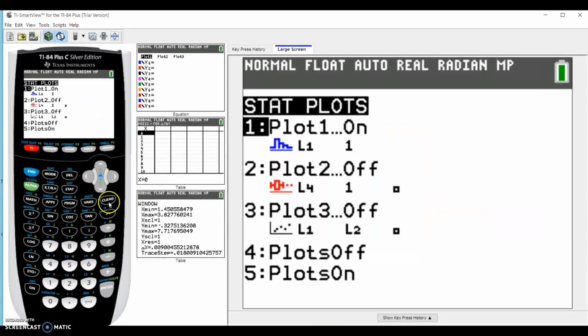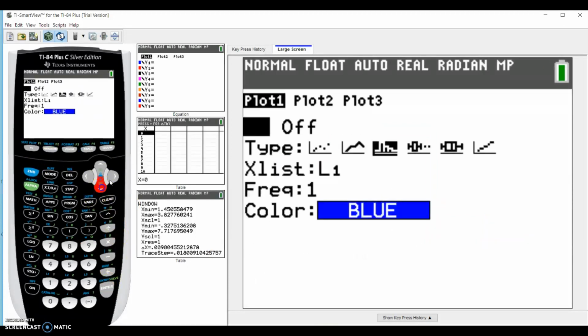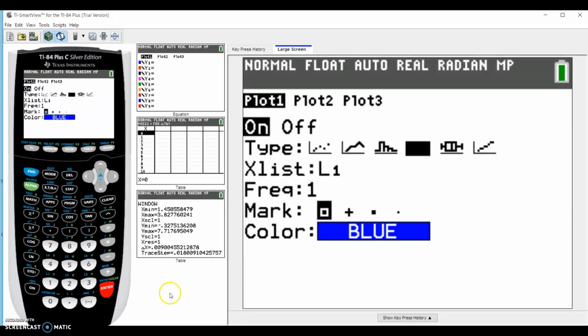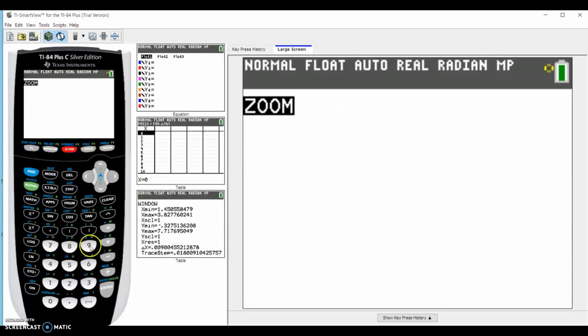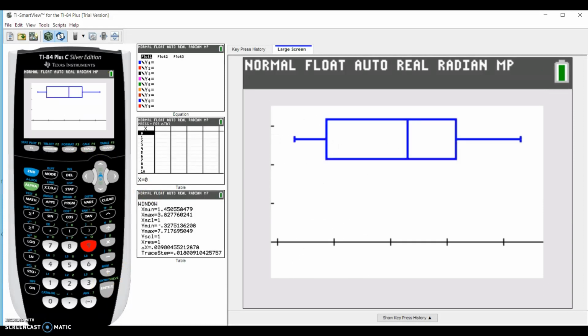And then the next two graphs are the box plots. So the one with the little dots is the one that will show you outliers if there's any outliers. The second one will not show you outliers. I would always go with the first one because oftentimes when we're looking at box plots, we actually want to know if there are outliers or not. Once again, this just takes one set of data. List 1 is good. The mark is just going to tell you how it marks the outliers. Zoom 9 again, and my data here does not have any outliers since we don't have any starred points on